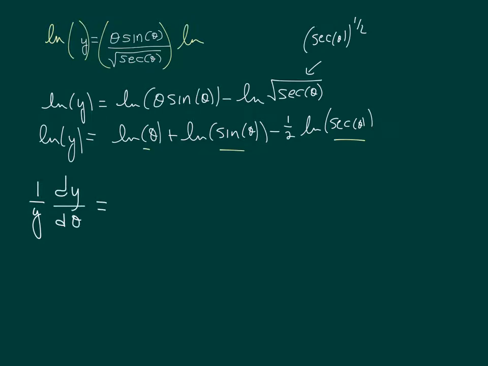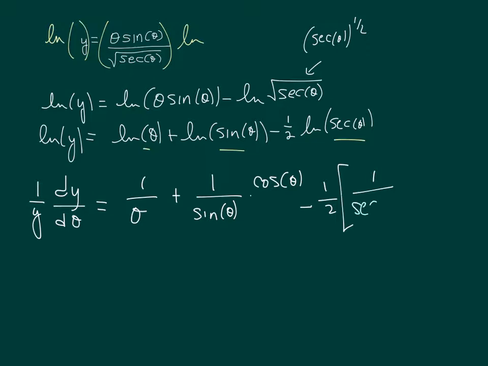The derivative of ln of theta, 1 over theta. The derivative of ln of sine, 1 over sine times the derivative of the inside, which would be cosine, and then minus 1/2, the derivative of ln of secant would be